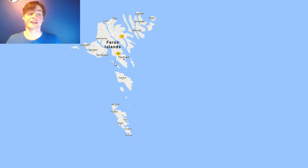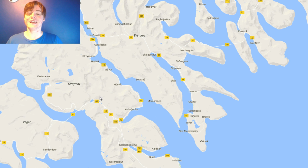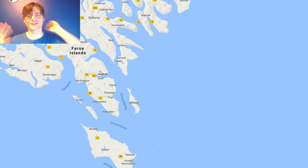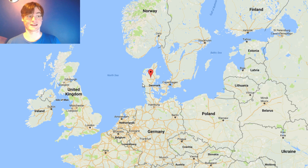Two, because again, they've got their own people that have had one of the longest continuous parliaments in existence. And three, it's the fact that they have one of the longest standing parliaments in existence, not continuous. But that three is the fact that they are, of course, very remote and separated and have a very distinct economy. And as a result of this, they're not an official part of the EU, unlike Denmark is, which creates